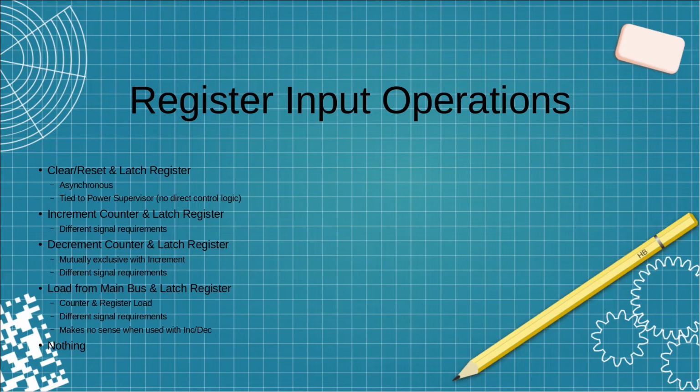So what I'm calling register input operations are things that will change the contents of the register. So we've got a clear reset, and of course we need to latch that, meaning that we need to encourage the counter to be cleared, but we also need to clear the actual register, and that has to happen through a latch operation. This needs to be asynchronous, and it needs to be tied to the power supervisor. I'm not anticipating any direct control logic for this. There's not going to be a clear instruction per se,